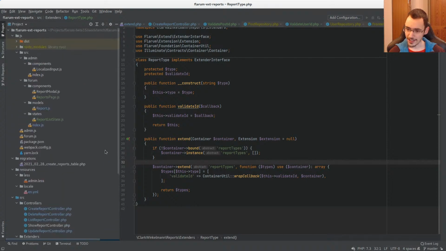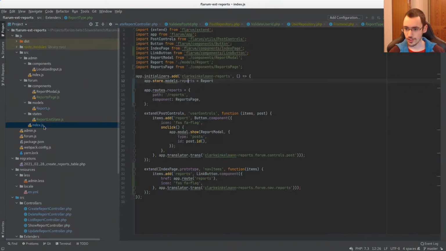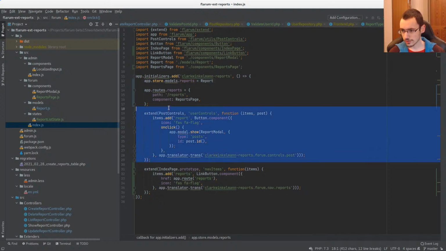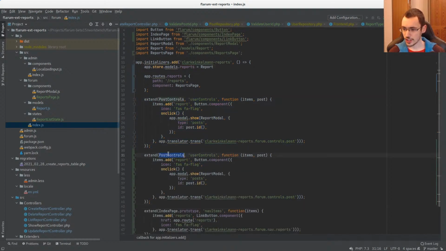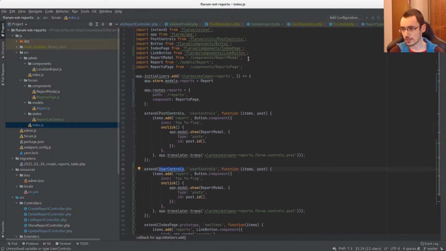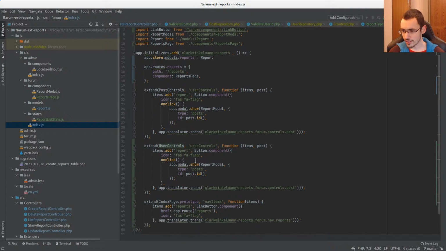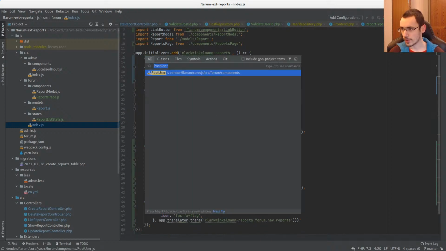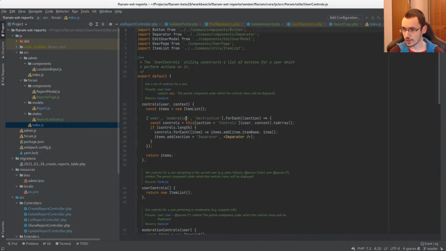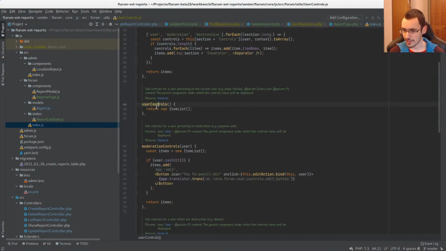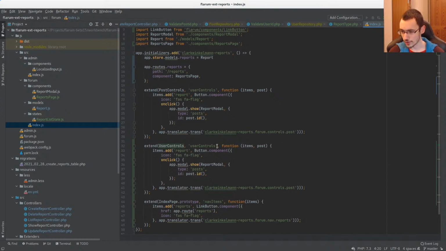Now we can even add the link to the user. So now, in addition to post controls, we will use user controls. Like this, user controls. How is it called? User controls. Okay, there is a thing called user controls inside of user controls. So that's all right. Here we have flag, but now here we will open the modal with type users, and ID will be,